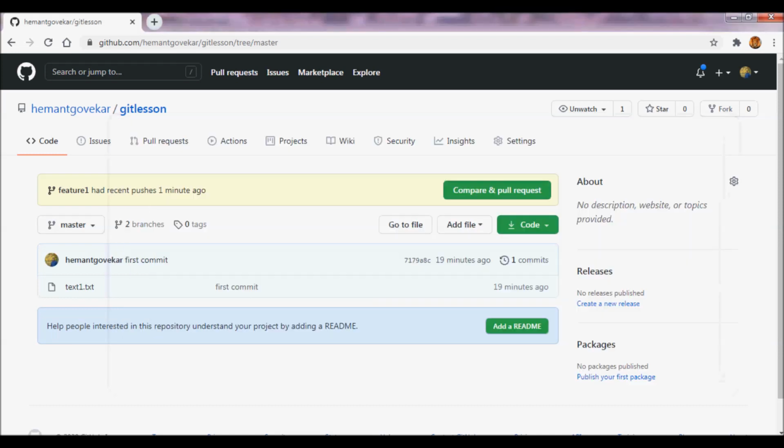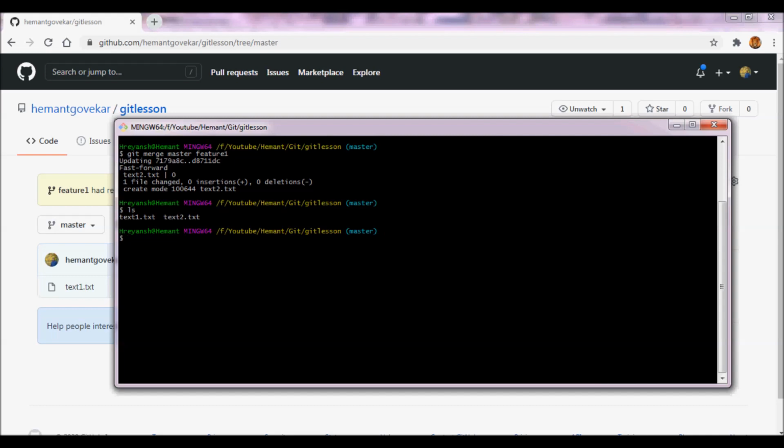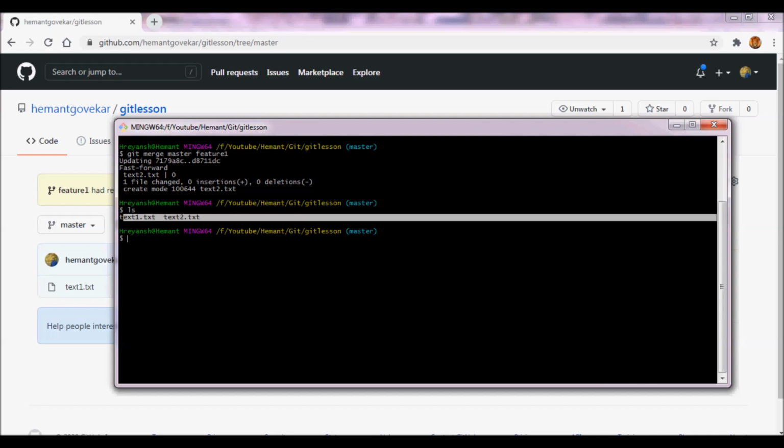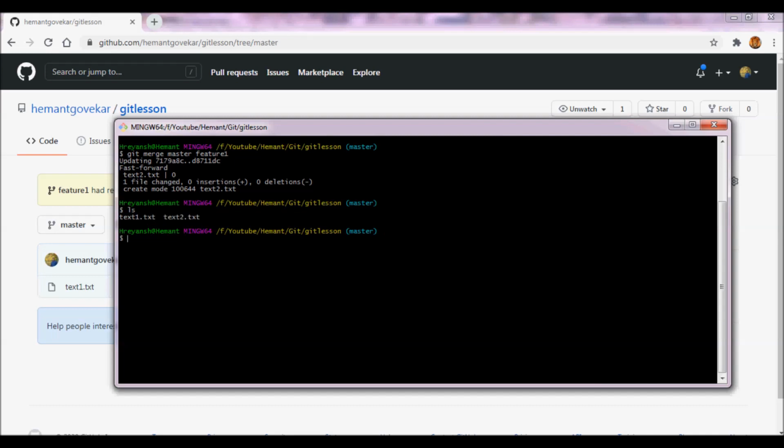Now let me go into this master and refresh this page. Let me see if I see the text2.txt. See, it's not there in the git repository, but it is there in the folder structure. Okay, so what we have to do now is push this code. So git push origin master.